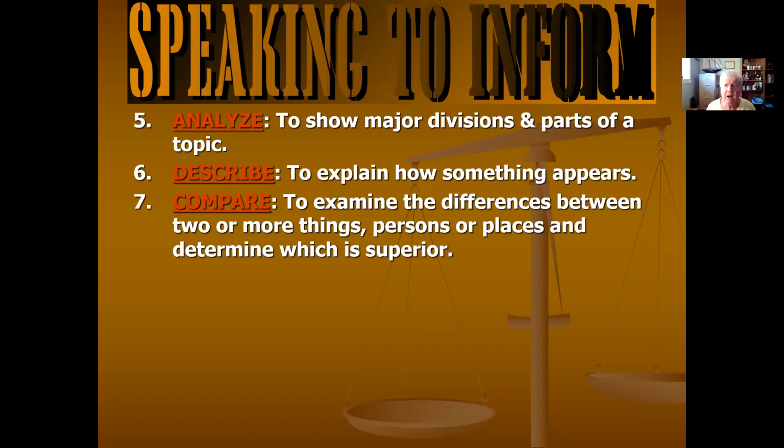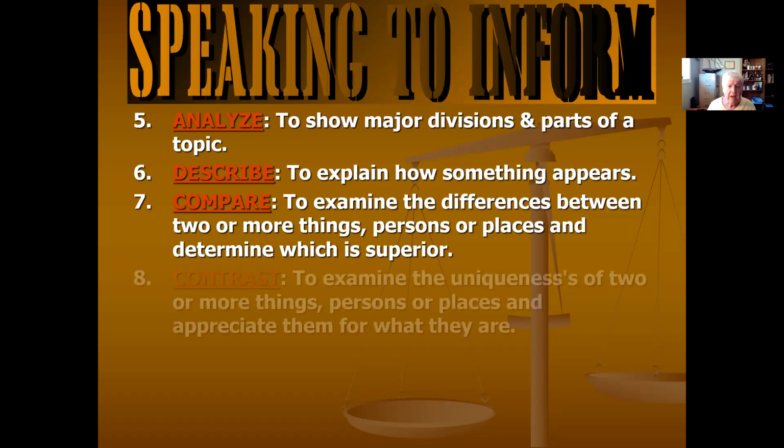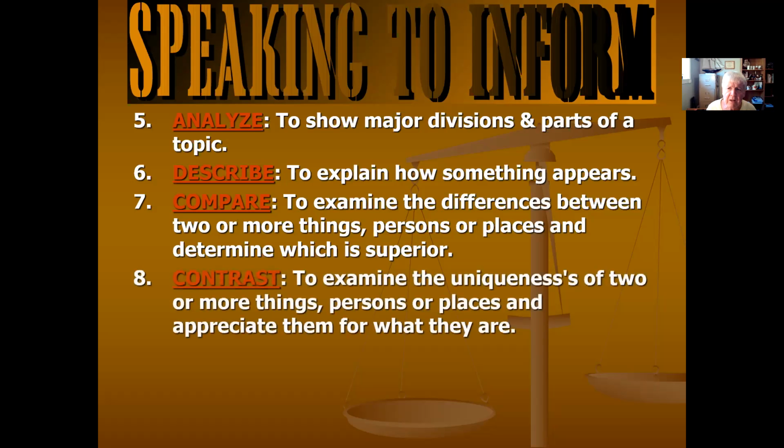But I really have trouble with that when it comes to intimate relationships. And this second, number 8 here, helps me explain what I'm going to say. The issue of contrasting is to examine the uniquenesses of two or more things, persons, and places, and appreciate them for what they are. So, for instance,